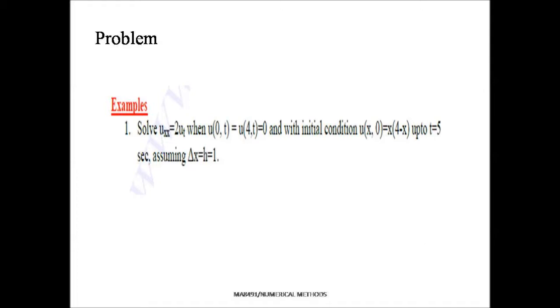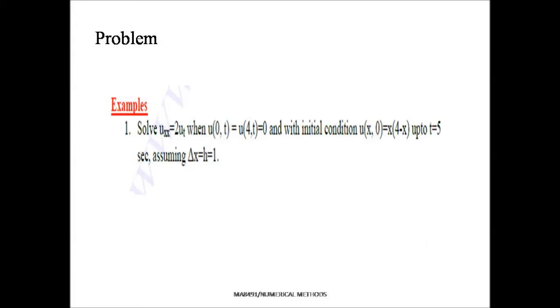Now we will identify the problem using our equation uxx equal to 2 ut. Your 2 is your coefficient that we are going to need to solve our problem. So that is our values which we have given. Next we are going to see our boundary problems. The boundary condition is 0 and 4.